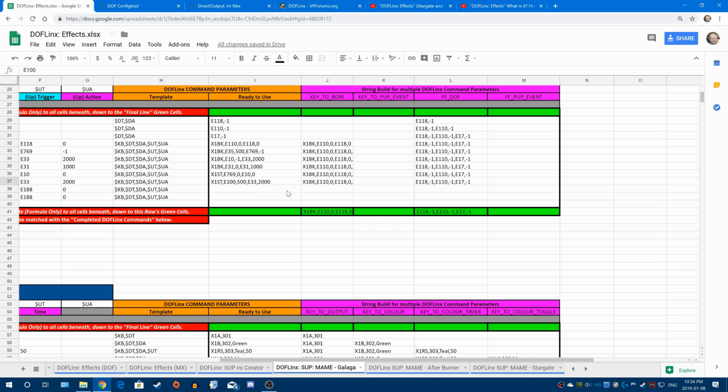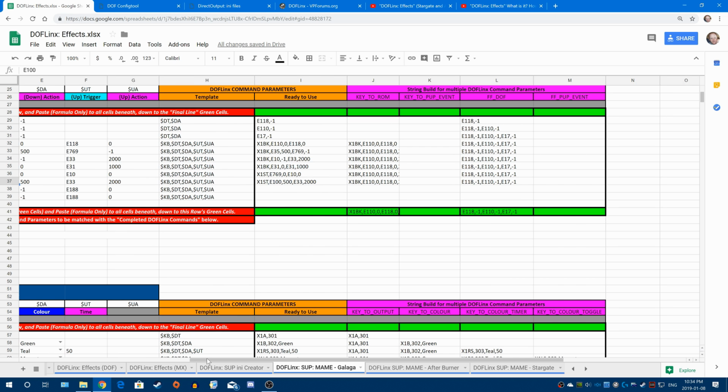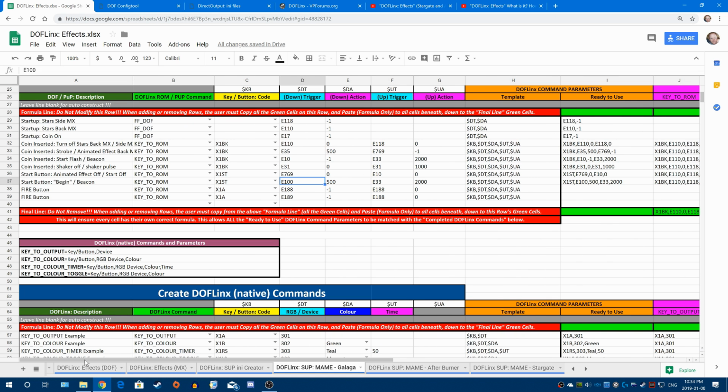See, these are not filled out. The reason why is we have to copy and paste the formula to all these cells after we're all done. I'm not an Excel expert, so this is probably the reason why. Whenever you add or remove entire lines, it may mess up the formula process progressing through all here. So when you're done with all your commands and you want to test,